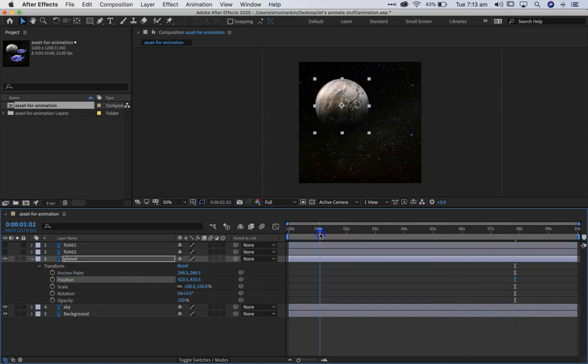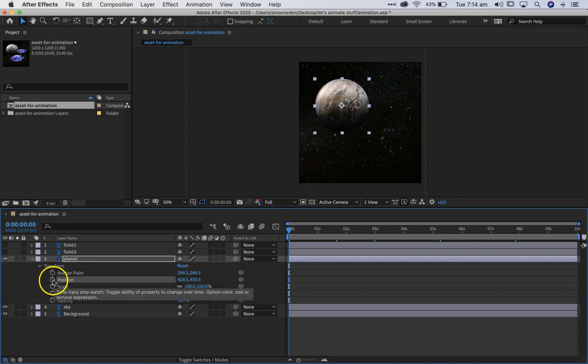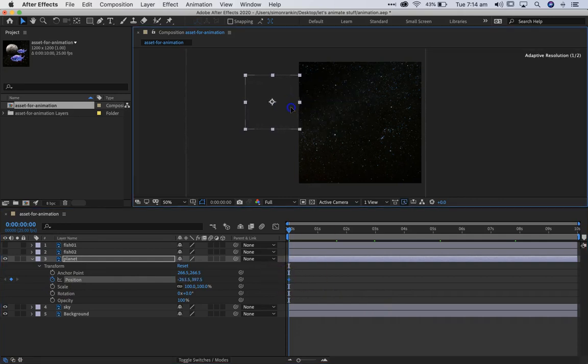I'm going to stop playing by pressing the space bar. Let me toggle the play, the animation on and off using the spacebar. And again, we're going to animate the position property here, adding keyframes to the position property. Adding a keyframe, we start that process by clicking on the stopwatch next to the property name there, and it creates that keyframe. I'm going to move